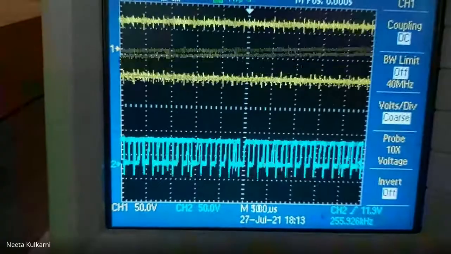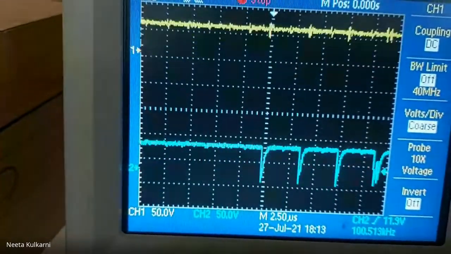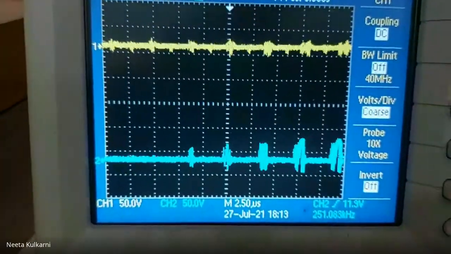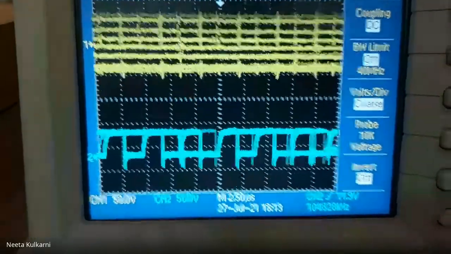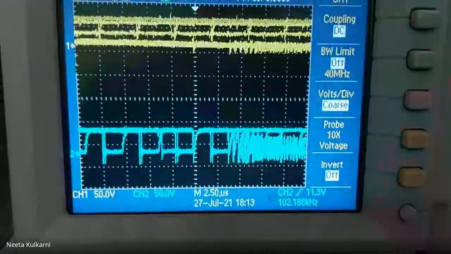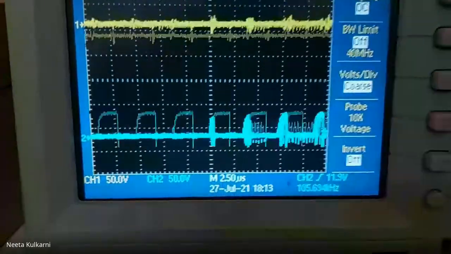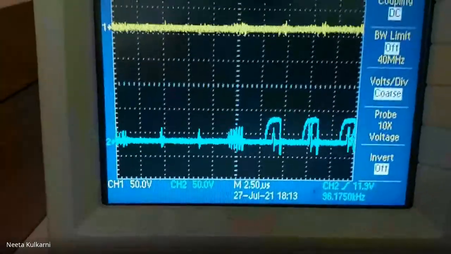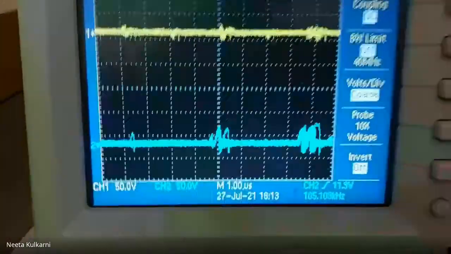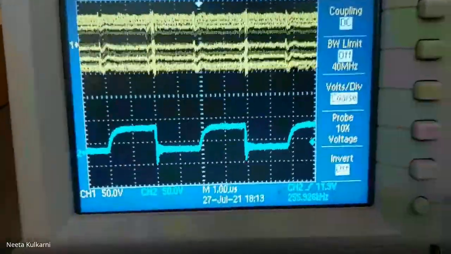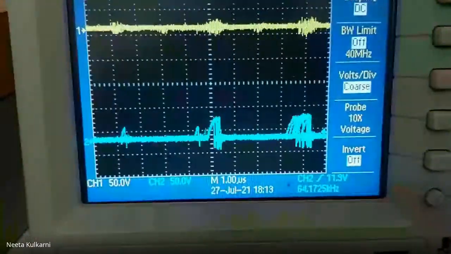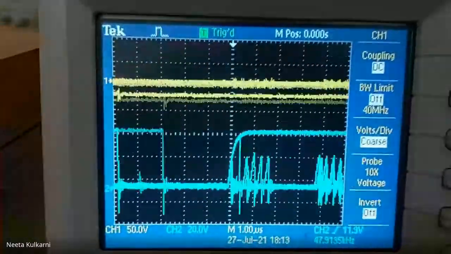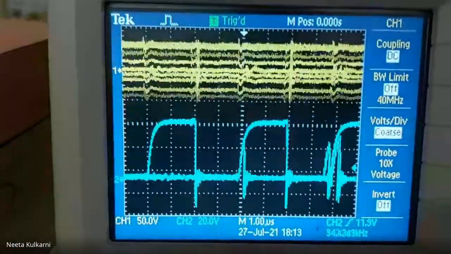Now let's see. So we're getting the square wave exactly. I'll get a square wave because a sine wave is a uniform signal, that's why I'll get the exact square wave. There is a little bit of noise because some connections are loose, because of some wires.